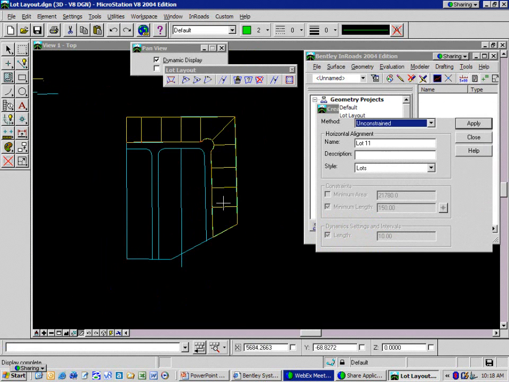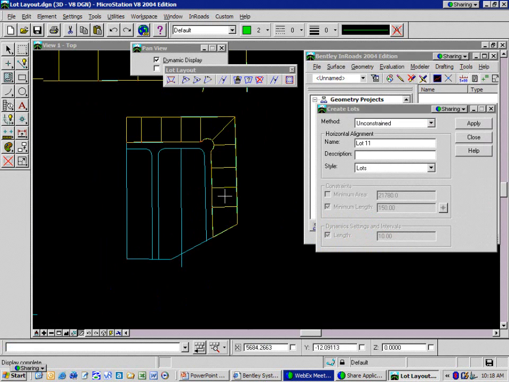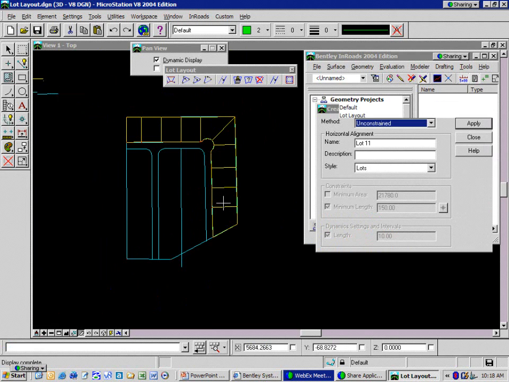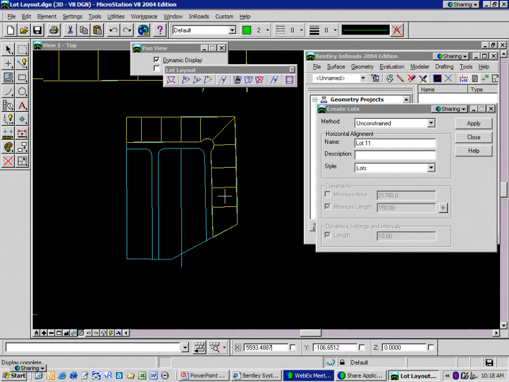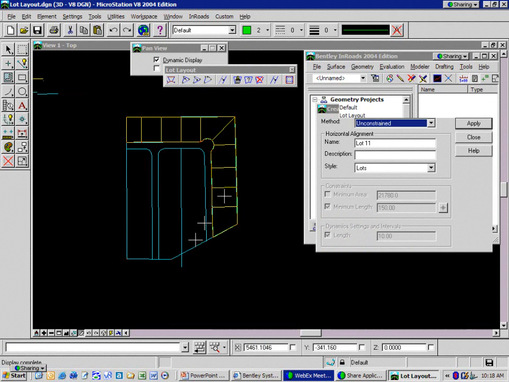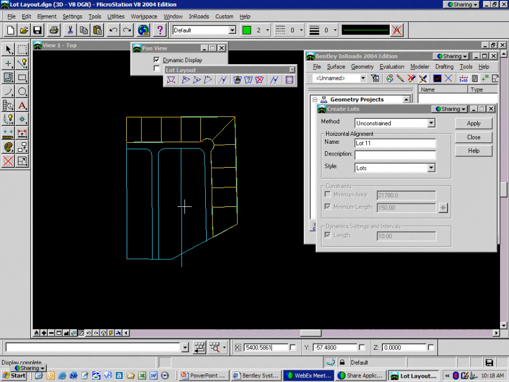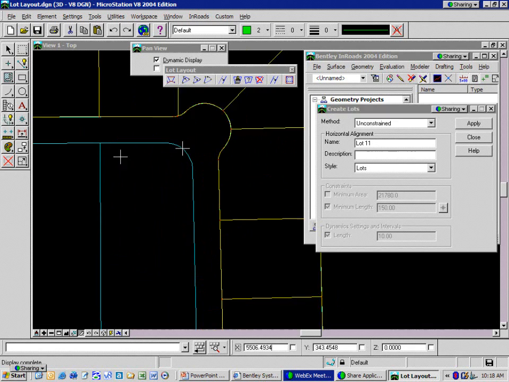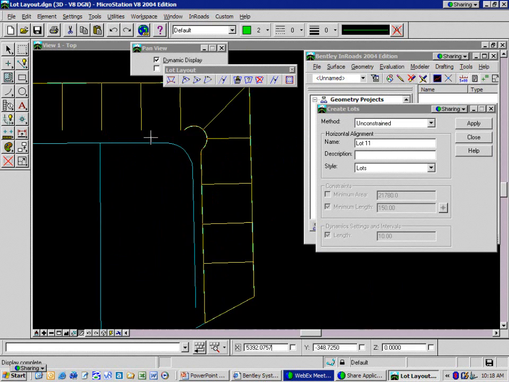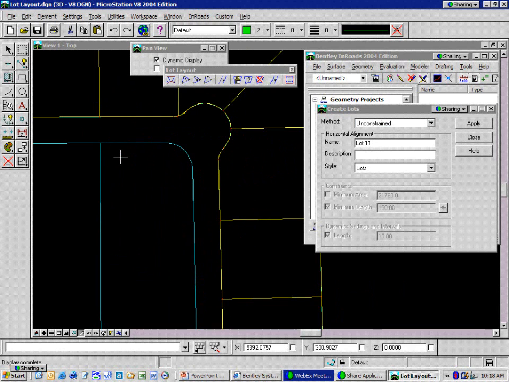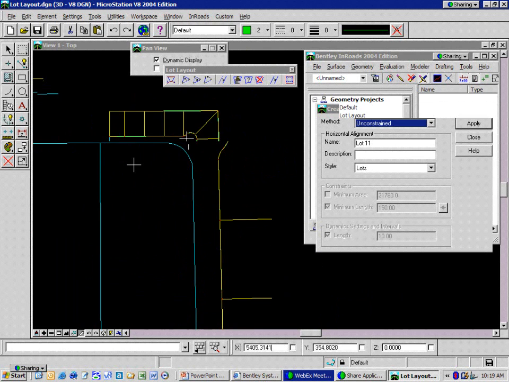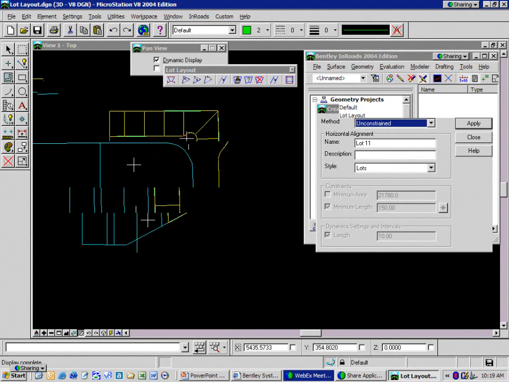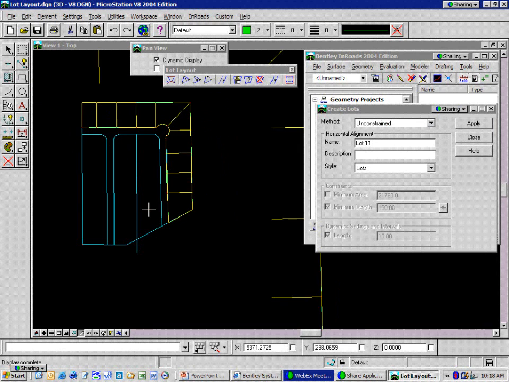And now you can see that we've successfully made our way all the way around this. Pretty easy tools to use there. We're going to get into a little more harder to use tools here. We're going to use the create lots, but with this slanted bottom and these arcs at the top, it's going to pose a little bit of a problem for us, but I'm going to show you some techniques to work around those. Okay, so we're going to start with this right side, and there again, this is what I call